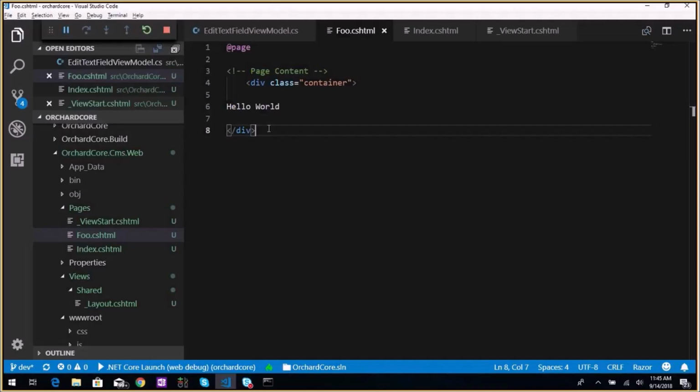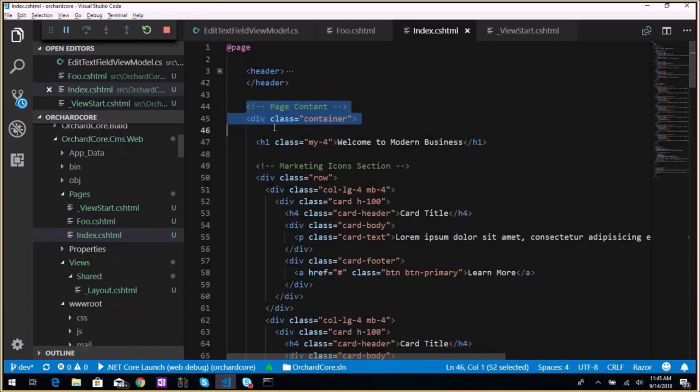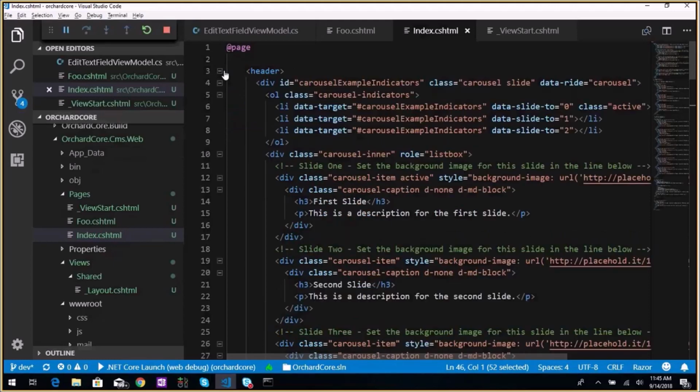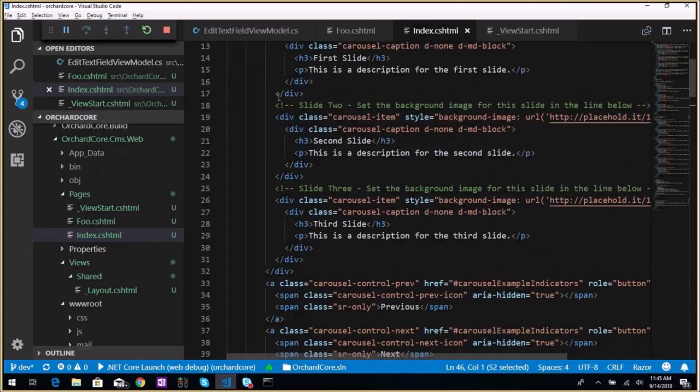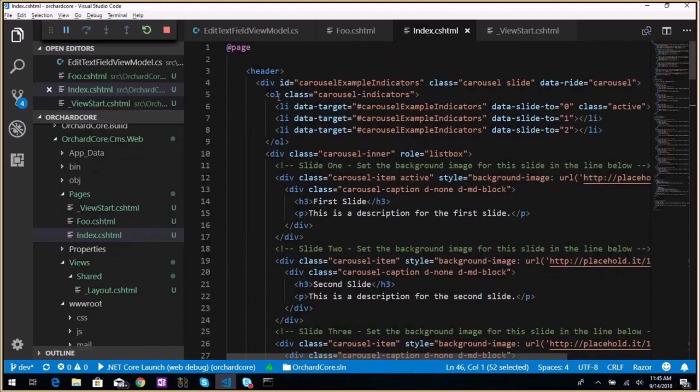And so the idea is that we should probably have that around the body, okay, and have the header in a custom section, so that the home page could inject that in the header section,